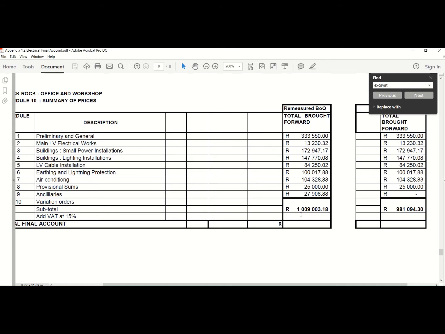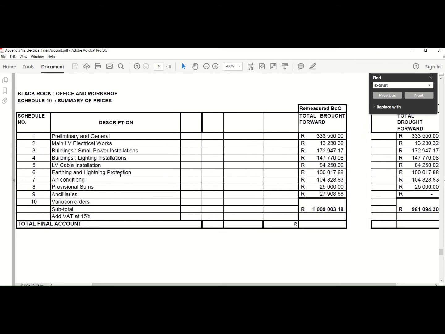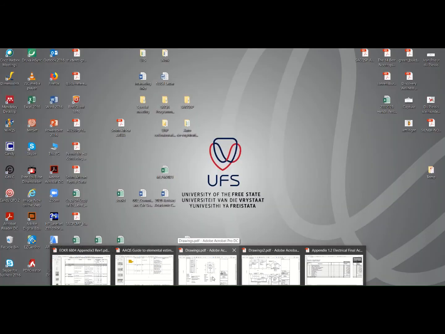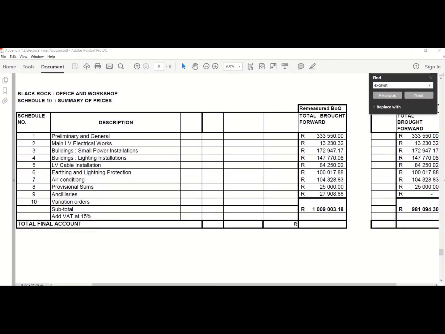Okay, so you would see in this section what you want to do is you can measure it in two ways. You can either measure your electrical installation per fitting or per square meter. Now the easiest way that I'll suggest you use is actually to use the method used in the example. So going to our example,